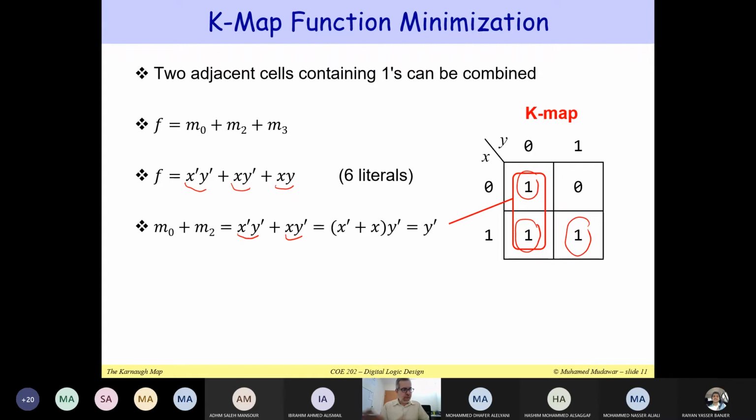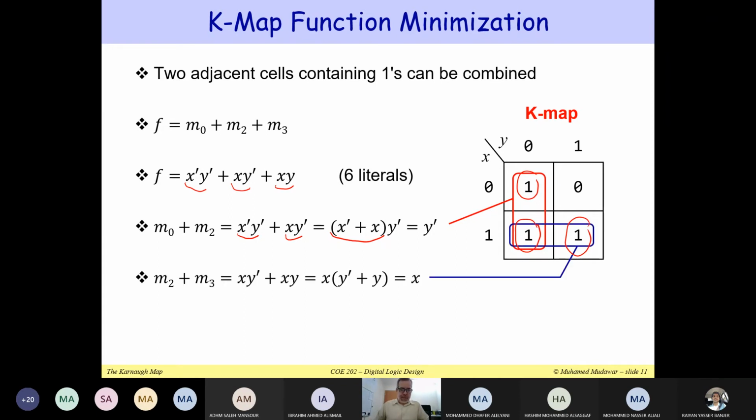So we have x, or x prime, and this can be simplified to 1. So therefore we get y prime. By combining these two adjacent squares, we can simplify the term. So we got only y prime. I combine these two